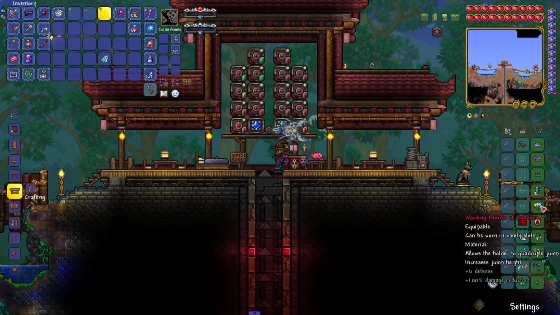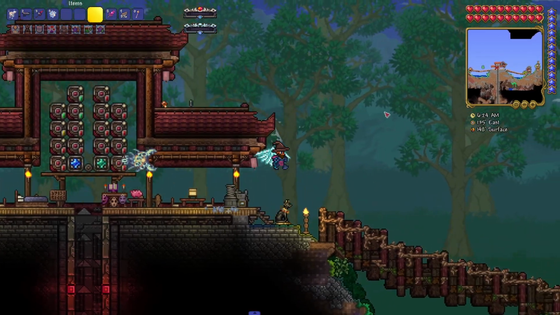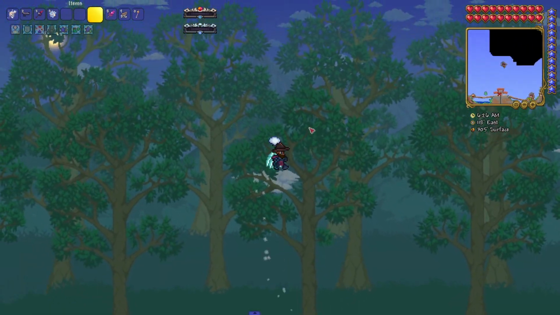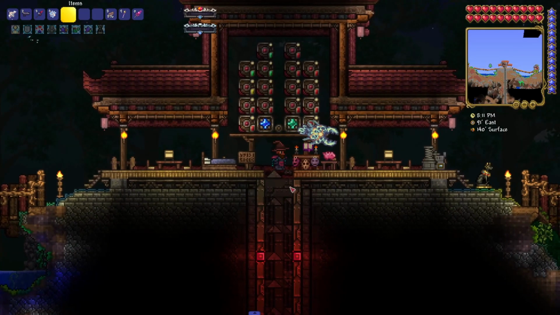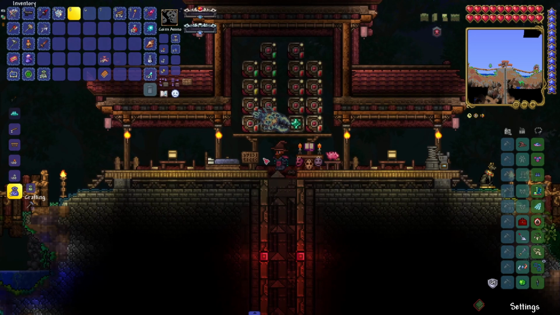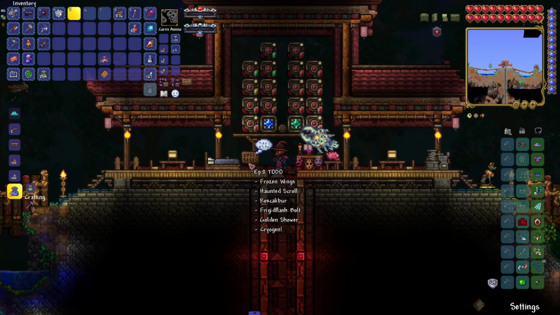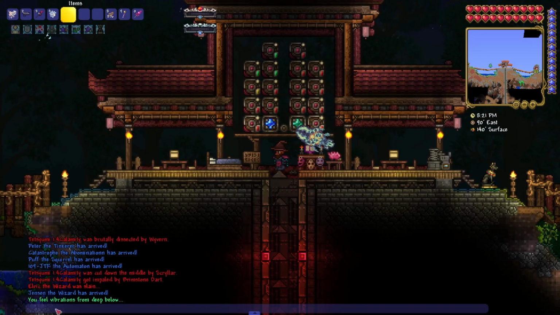So, let's go ahead and replace this with probably our warding bundle of balloons. We really won't need that anymore now that we have wings. And there we go. Cool. Alright, gamers, I am back once again. So, I was just out getting the last few things we need, hopefully, to craft all of this cool stuff on our to-do list. And hopefully we can do this fast, because I feel vibrations from deep below, which means the